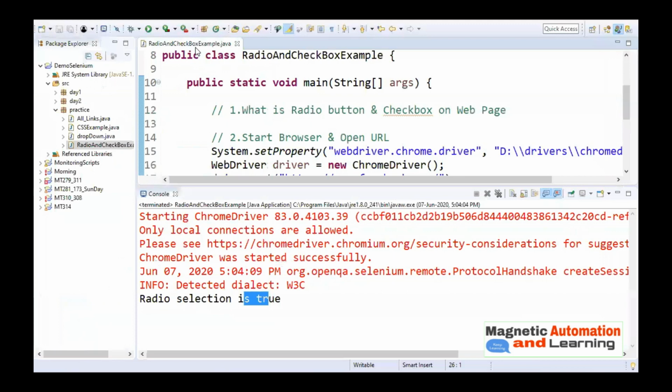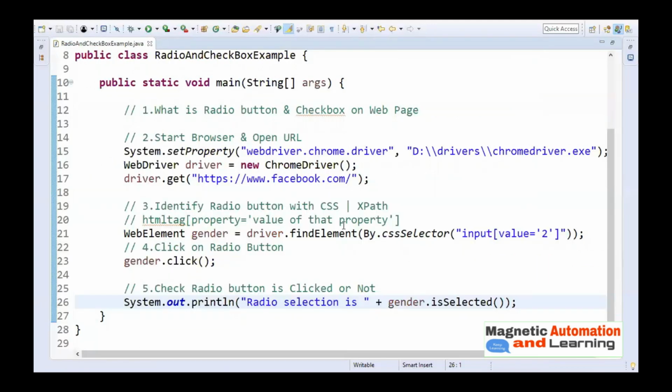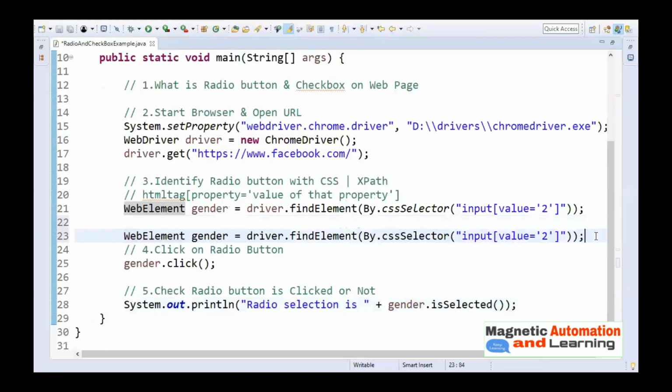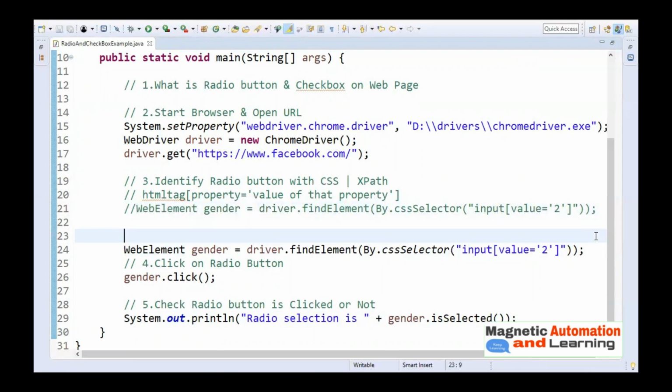Okay. Now let's see working with the radio button with the XPath. So what I will do, I will just copy this line and paste here, and I will comment this line. And here, which syntax I'm going to use?